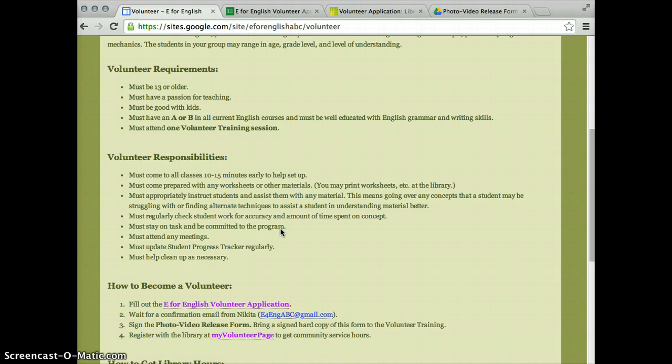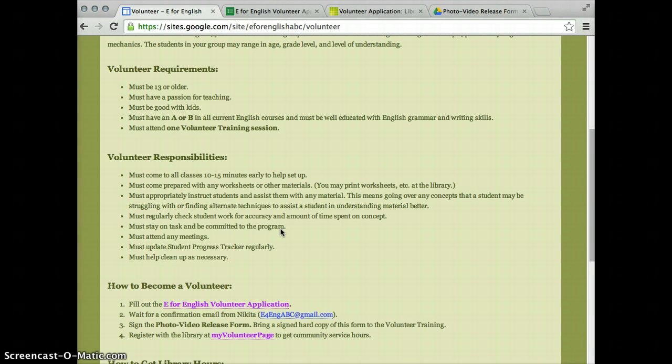What this is, it's an Excel spreadsheet that I make on Google Docs. So that's why it's important that you have a Gmail account, and if you don't have one, you make one. It's shared via Google Drive, as I said, and it's basically a place where you enter in the worksheets that your students have completed in order to track the progress that they've been making, and as well to understand